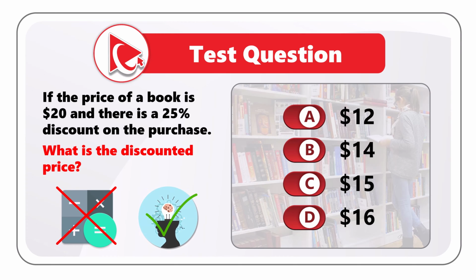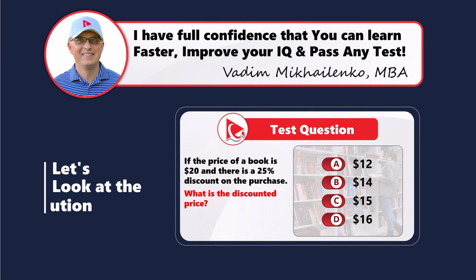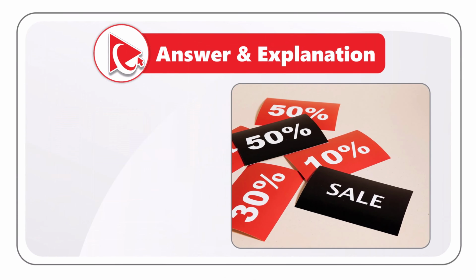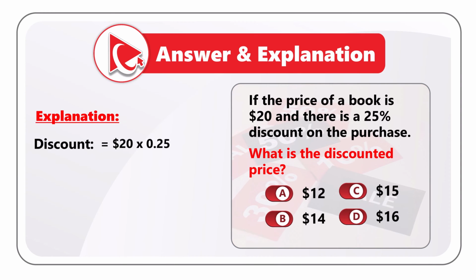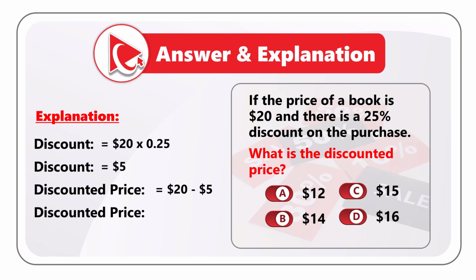Are you ready? Because I am moving forward to share with you my version of the answer. And obviously, if you have a better way to solve it, please make sure to post in comments. The first step to solve this challenge is to calculate the discount. Discount is calculated as original price, $20, multiplied by a quarter, 0.25. So discount equals $5, which means the discounted price will be equal $20 minus $5, which would be equal to